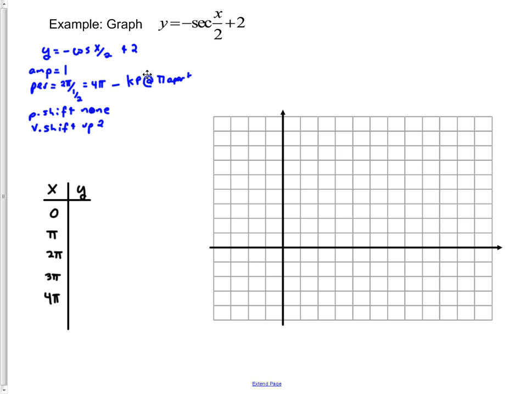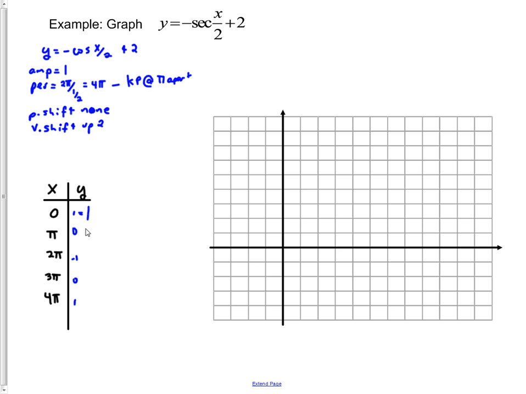Now, as far as the y value is concerned, let's look at just what would happen for our cosine graph. Well, with our cosine graph, normally we would expect that to go 1, 0, negative 1, 0, and 1. But what's happening? Well, number one, we're multiplying everything by negative 1, and then we're adding 2 to that value. So what we should do right here with these natural values is take the negative of the value, and then add 2. So the negative of 1, that's negative 1 plus 2, that's going to give us